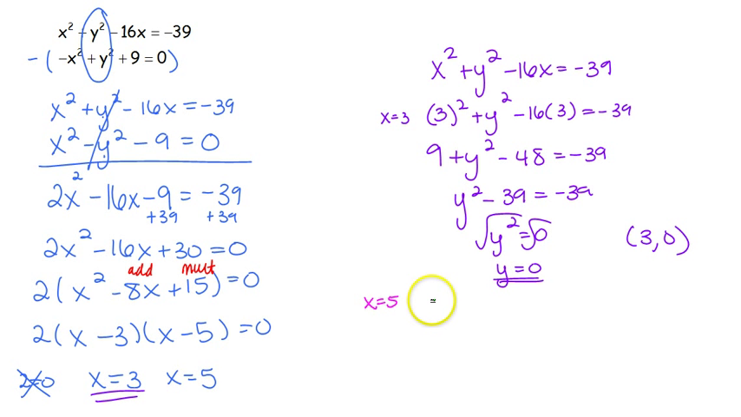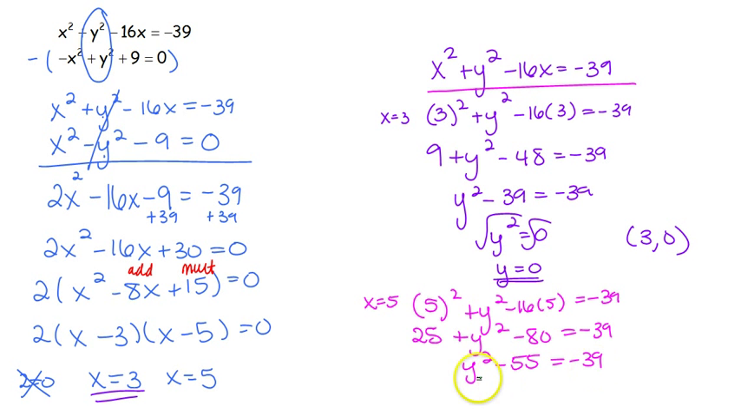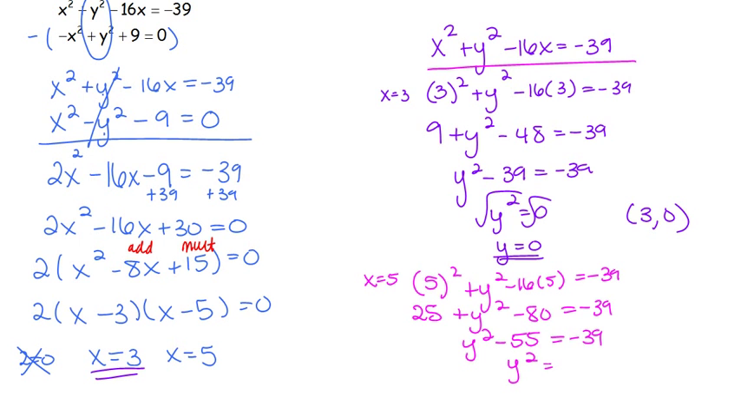So again, we have our equation up here, so that's 5 squared plus y squared. We're trying to solve for that y. Minus 16 times 5 equals a negative 39. So we've got 25 plus y squared minus 80 is equal to a negative 39. We have y squared minus 55 equals a negative 39. We move that 55 over. Y squared is equal to